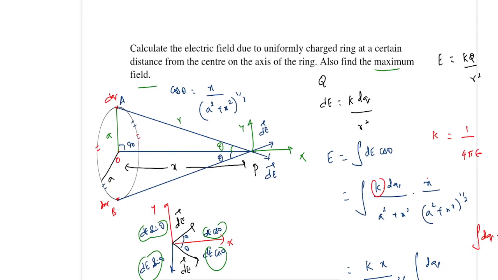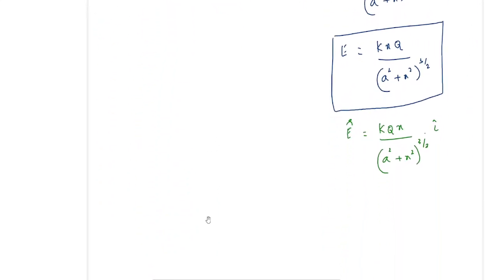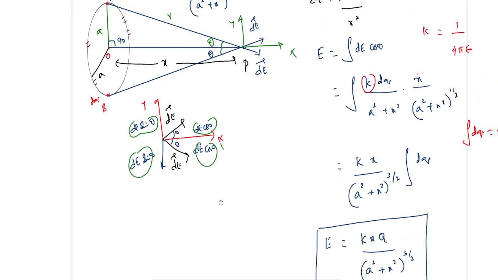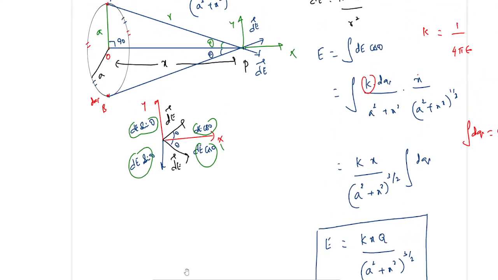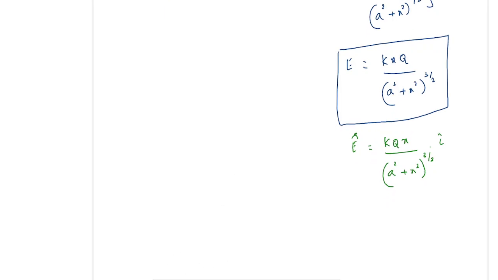field. Now to find the maximum field, we need to differentiate the parameter with some variable here. Now the variable here is x because the point P could be anywhere. It is not that the field at point P remains same. That is, if you take a point somewhere here or here, field would vary. So we need to find the point where the field is maximum. To find that, mathematically we know that to find maxima,